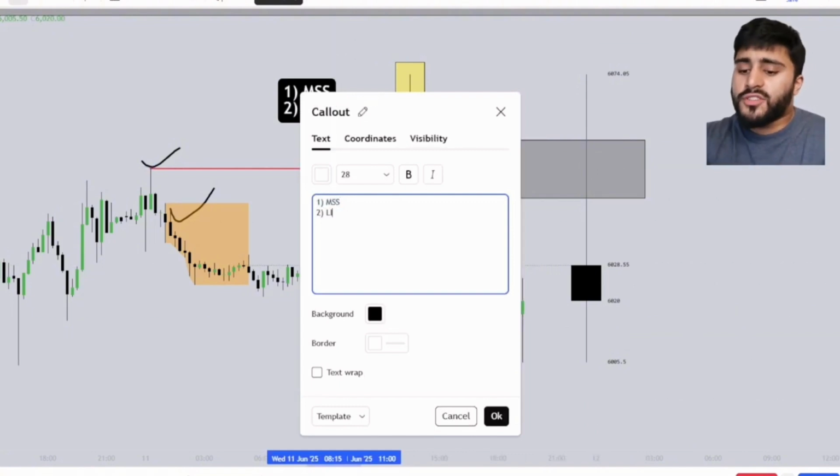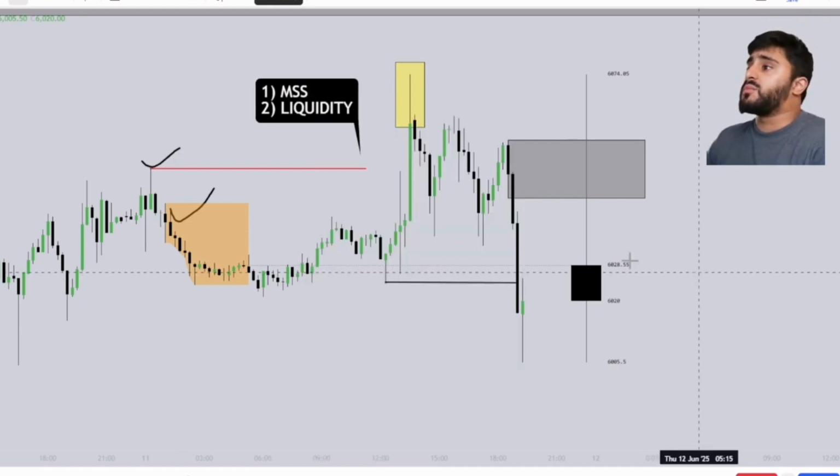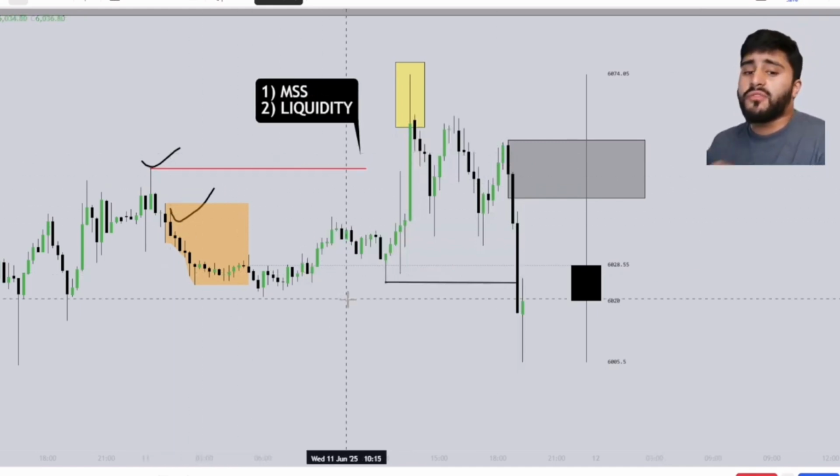The next thing you want to see is a sweep of liquidity, right? So what do I mean by a sweep of liquidity? Typically it's Asia, but my favorite liquidity sweeps are those previous day highs and lows, right? So if